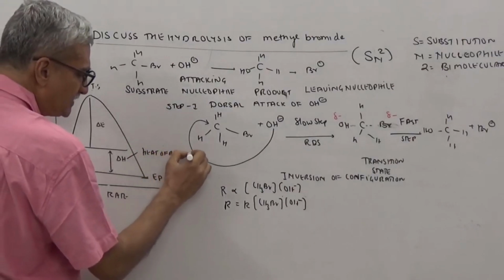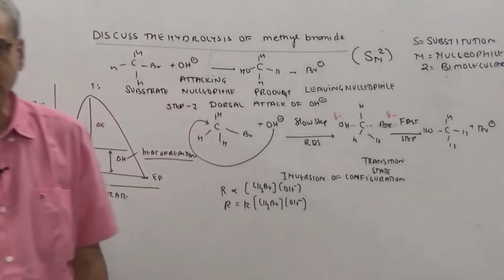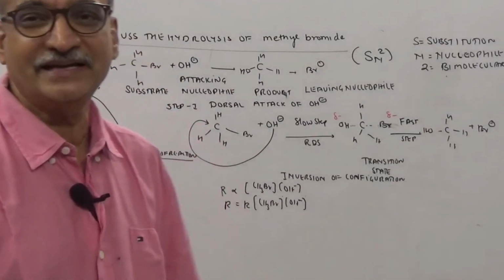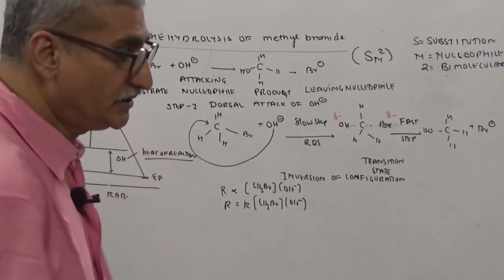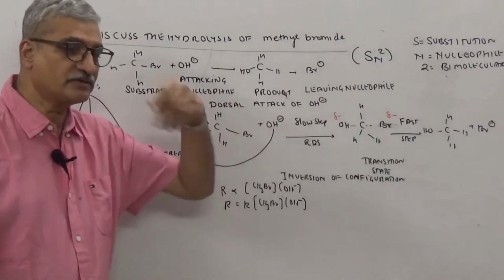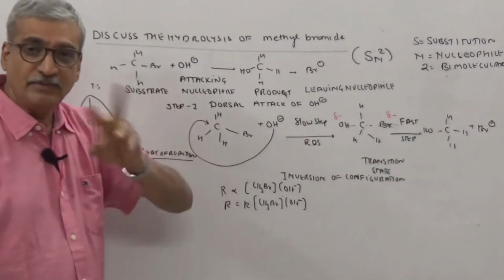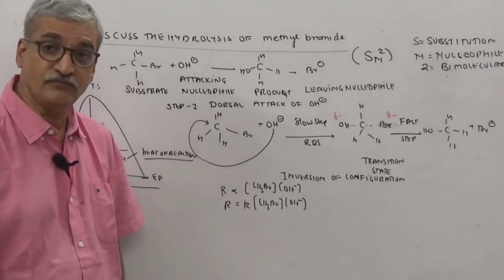So what do we realize? Hydrolysis of tertiary butyl bromide and hydrolysis of methyl bromide, both are exothermic reactions. So this is how much you have to cover for a 3-mark question. This might be a 3-mark question, the other one might be a 4-mark question. But one of the two, generally they ask. It is clear, every year they ask, and for you they'll ask.